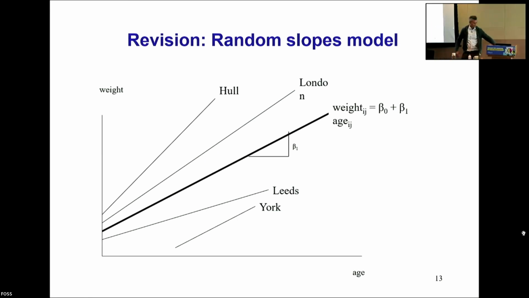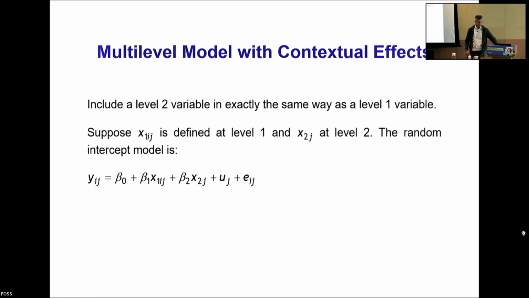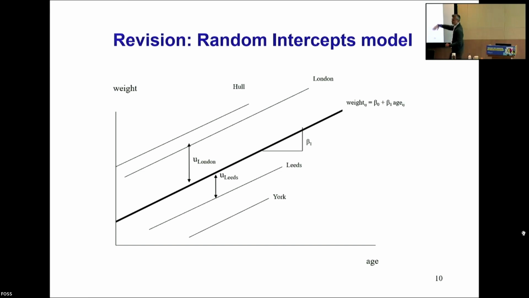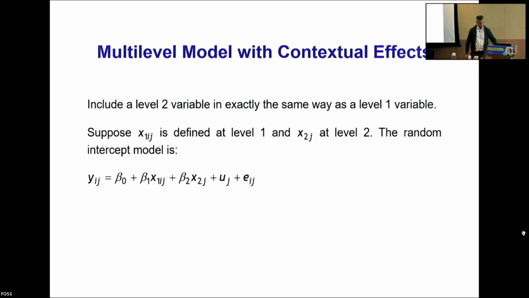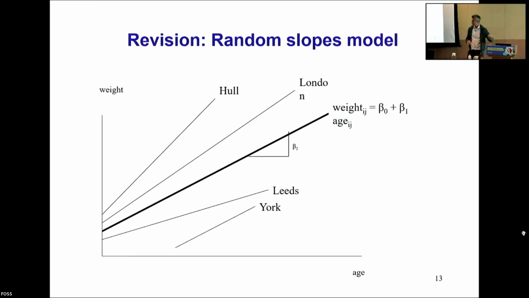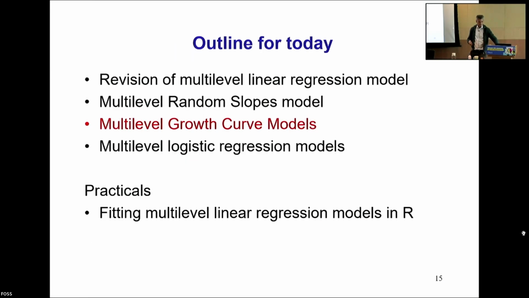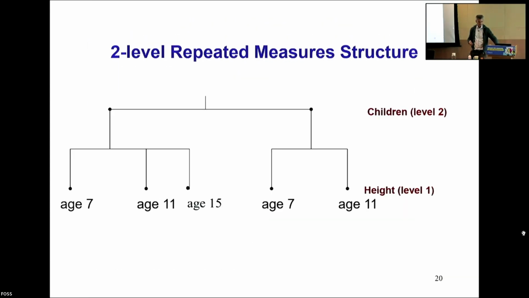You don't need that kind of complexity. Most of the times we just need to fit a random intercepts model. We don't need to model all this complicated variance at level 2. And I kind of think that's not necessarily true, but the one area where you definitely need a random slope is when you're